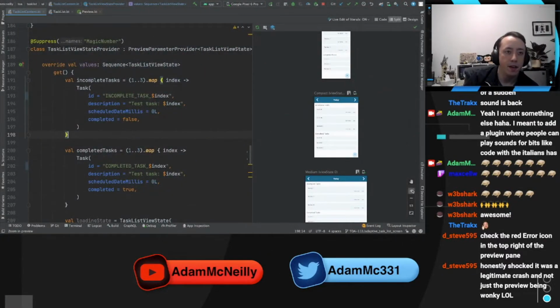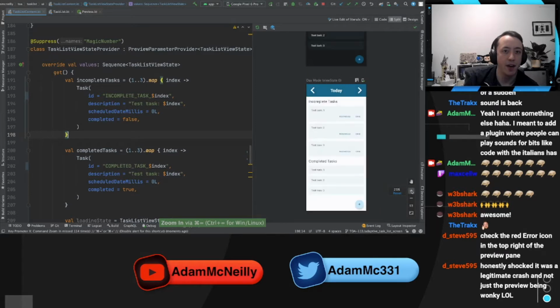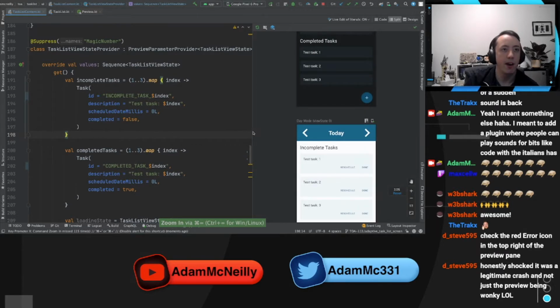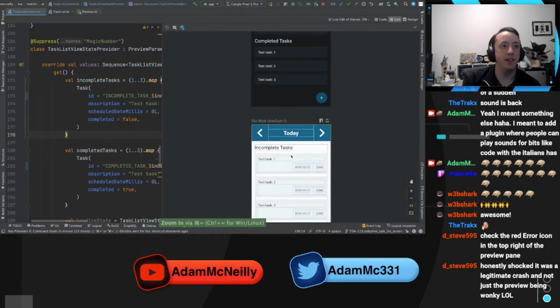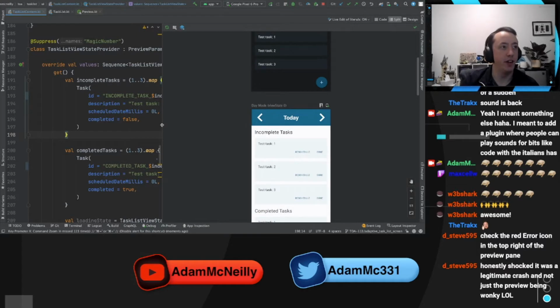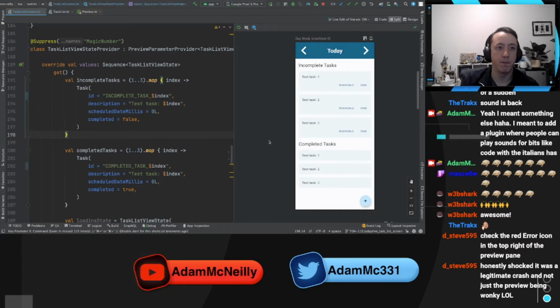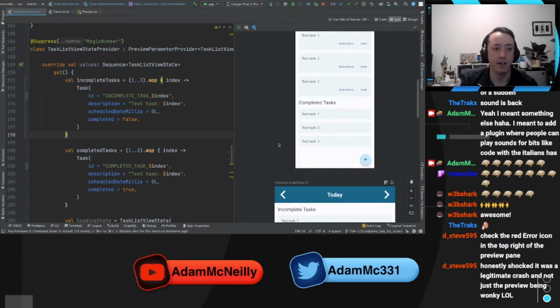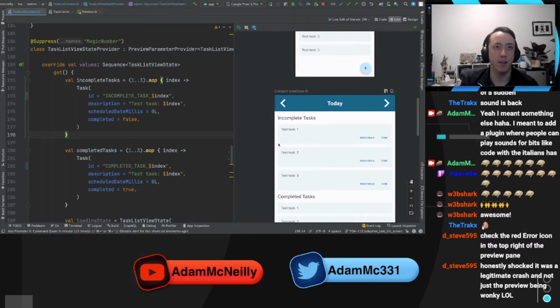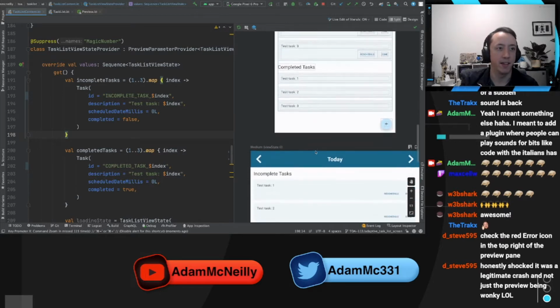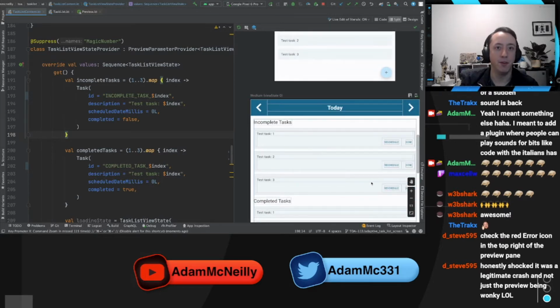So let's talk about some ideas I had for handling that. So here are our previews now. This is the compact version on a phone. This looks good, if you ask me. We see our incomplete test, our completed test. Everything is max width, which looks pretty good on a compact device. But then when we go up a little bit, or this is also compact, I guess, but when we go up to medium,